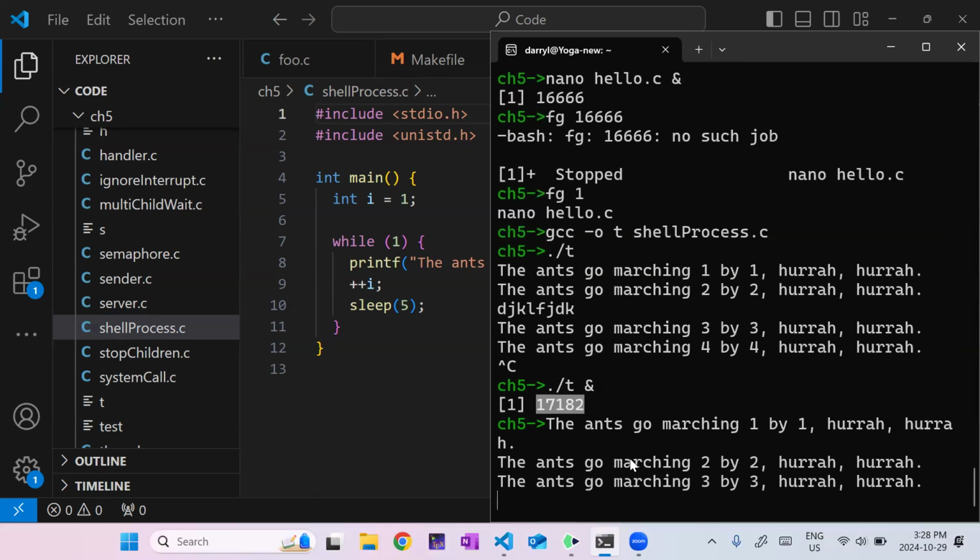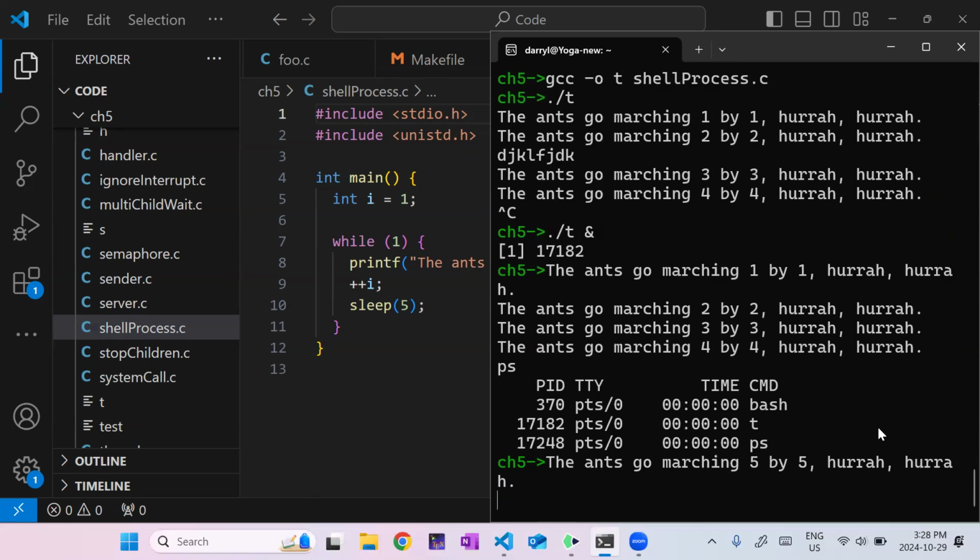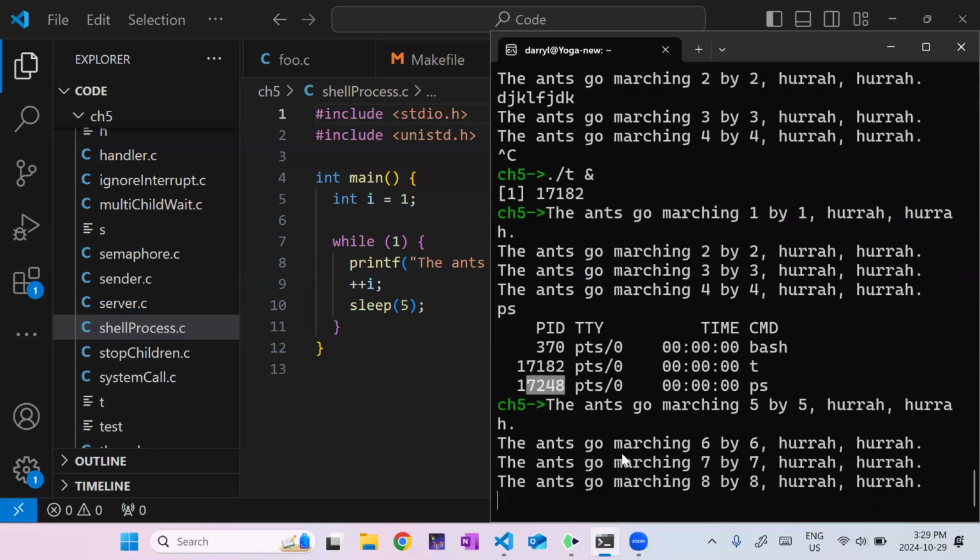So this is printing out the stuff from the program, but I can still run commands like ps, which lists all my processes that are running, and we can see that bash is running. This is my bash shell. We can see that this command is running, and actually the ps command that I used to see all this is also running, right? And we can see the process IDs here. And it's still running.